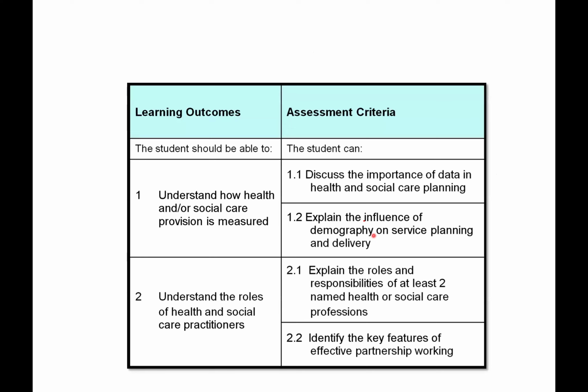Now a bit about how we assess you in this context. You should be able to understand how health and social care provision is measured. This is to discuss the importance of data in health and social care planning and explain the influence of demography on service planning and delivery. You should be able to understand the roles of health and social care practitioners. We're going by learning objectives. In a nutshell, you would explain the roles and responsibilities of at least 2 named health or social care professions